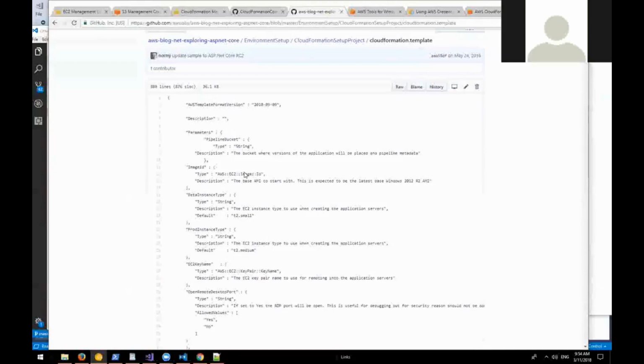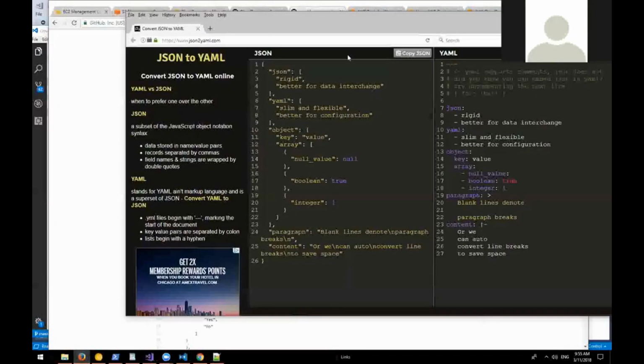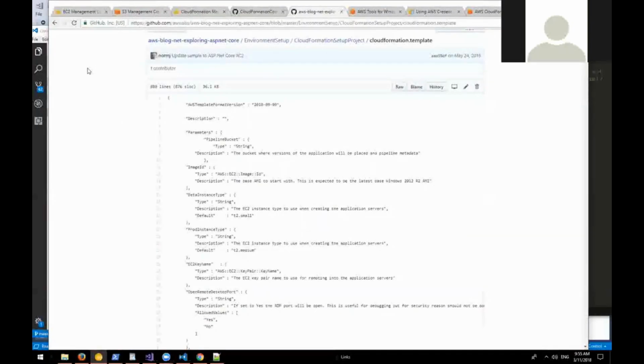So this was in JSON. And just to make this example and demo a little bit different, I decided to convert this over to YAML. And I've also heard from some others that YAML seems to be a direction that these templates are moving forward to. It's not grounded in stone. JSON is just as good. JSON's fine, but with YAML, it seems to be a little bit less code, and you can also add comments